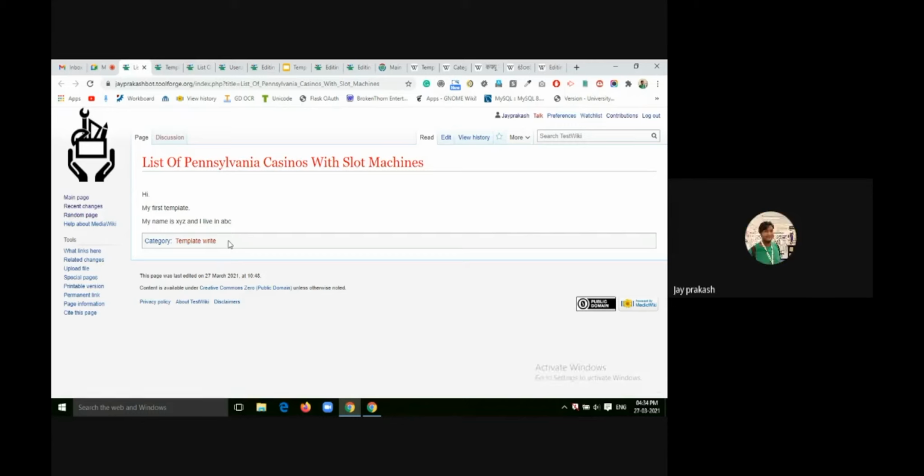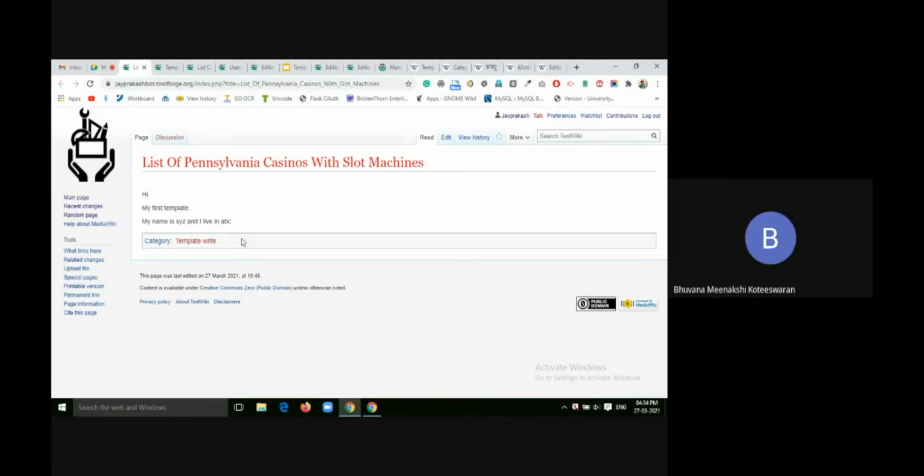Can I say again? I think the question is: includeonly does not take away the rest of the portions of the page and give only what is under its section? Rather, it just does whatever is given under it, right? No, no, it's just adding. The rest of the page will also be included.